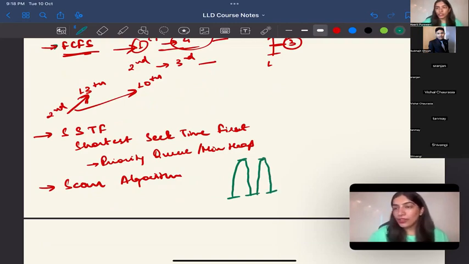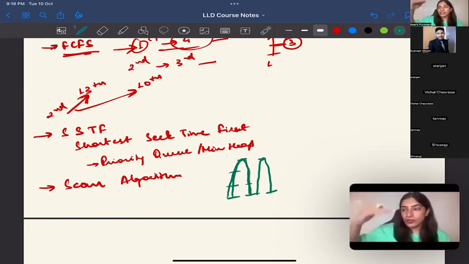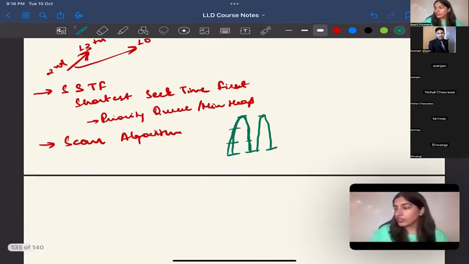And in between, whatever was requested, I will stop. If this was requested, I will stop. And in between, if this is requested, it is fine. I will go up and then come down. So it is like go up, come down, scanning, right? So from down to up, then down, then up, down. It is like that. Then there's another algorithm, which is like the better version of this, which is called the